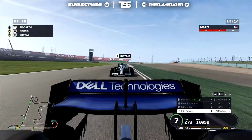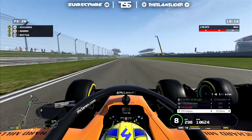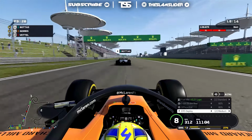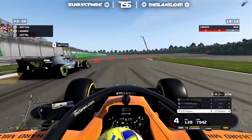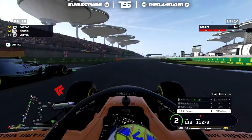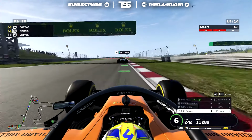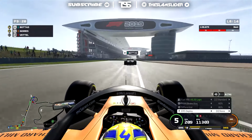It came out of nowhere, and now Bottas, yeah, he's going to have DRS, and there's no chance to fight back Bottas. And there he goes, that Mercedes. Look at that straight line speed. It's a dream engine. We have to admit, but we're going to try to defend off Bottas. We hit this side pod, and yeah, I don't know what I was thinking while doing this race, but there's no point. It's a Mercedes, like I said, so we've been overtaken by the two Mercedes,